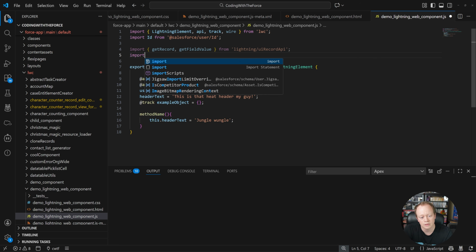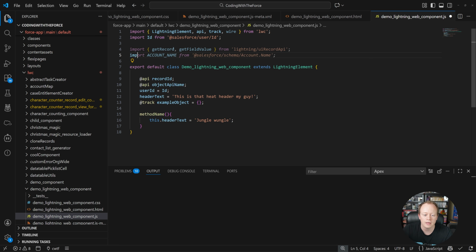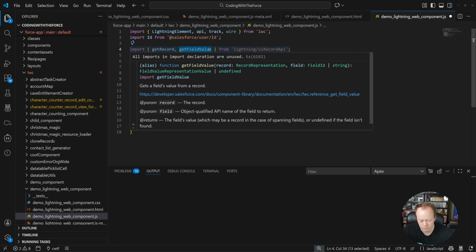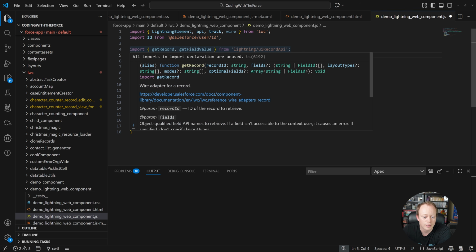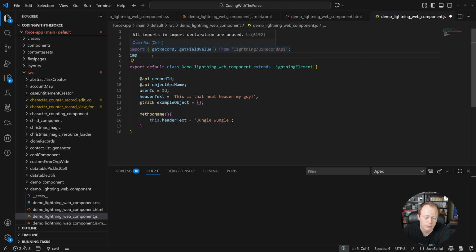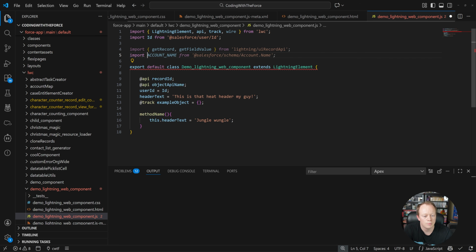So the next thing we need to do is when we run this get record method or this get field value function rather, we're going to need to pass it a field that we want it to retrieve, or fields that we want it to retrieve in the case of get record. So the way that we do that in a Lightning Web Component anyway is we use the Salesforce schema to import those field references. So what we're going to do is we'll say import